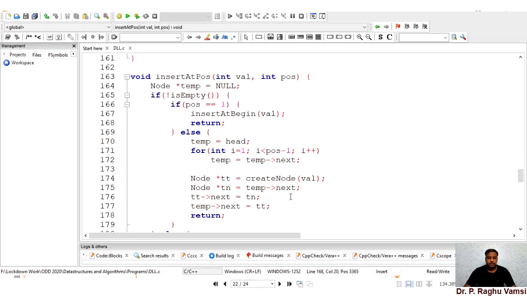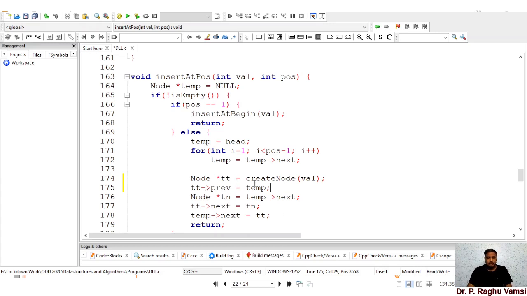We create a new node, and this new node's previous, tt previous, is equal to temp, that is the node at position -1. Since we have kept temp next, that is the node at the position where we are supposed to insert, its address was kept in tn.